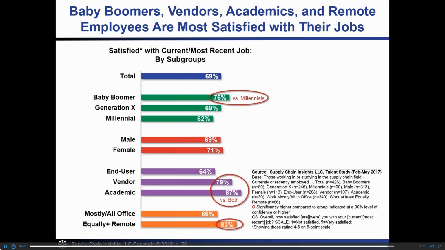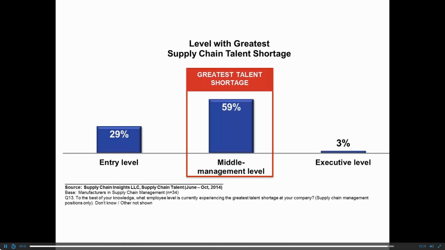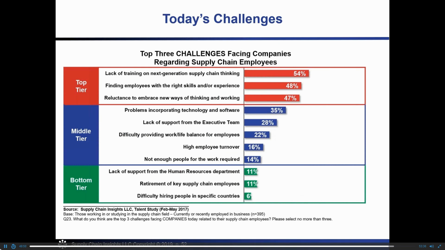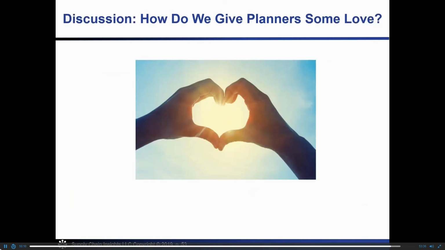So as you think about this whole level of demand, we need to support the demand planners because it's an area of a lot of turnover and people are not very satisfied. I want you to really start embracing next generation supply chain thinking. Think about the river demand. Try to unwire your brain from supply. Think about the selection of tools. Really work with your employees to develop the skills. And give your demand planner some love.